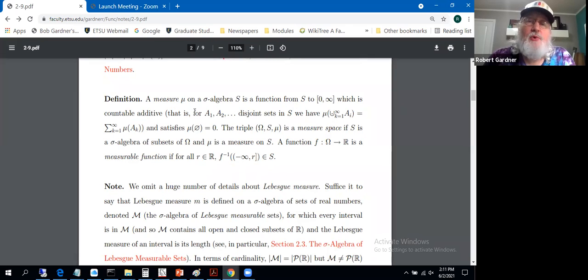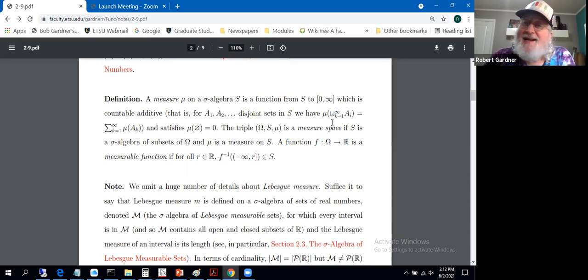A measure, mu, on a sigma algebra S is a function from S to [0, infinity]. Notice the infinity symbol being included here, so sets with infinite measure are on the table. And we're requiring this mu measure to be countably additive. That is, when we take a countable collection A1, A2, and so forth, of disjoint sets, then we have the measure of the disjoint union equals the sum of the measures,